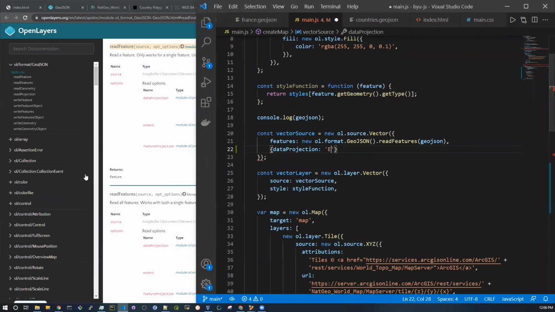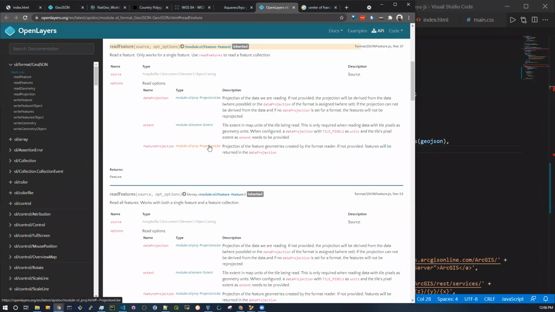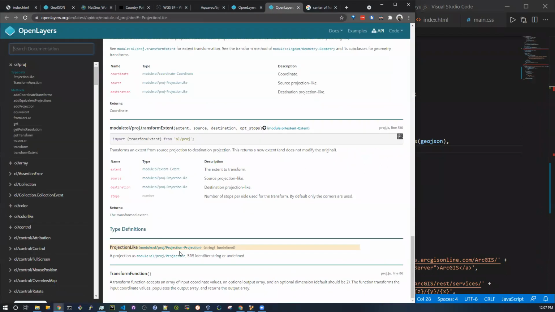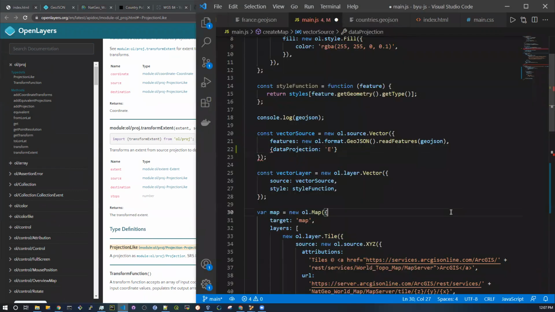If you look at what this takes, it takes a projection like, which is one of these projection objects or an SRS identifier string or undefined. So we can just provide the string